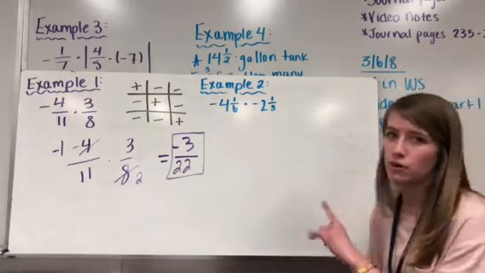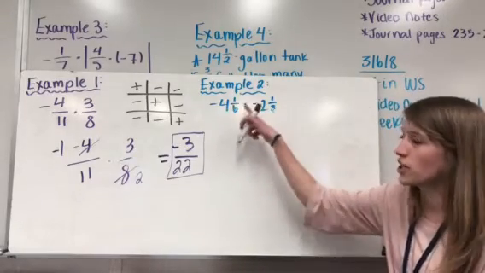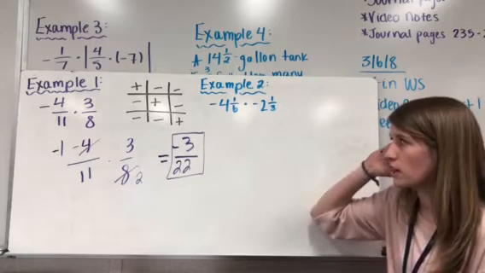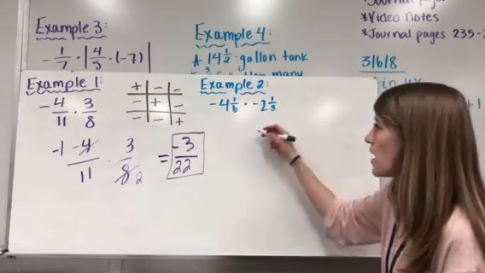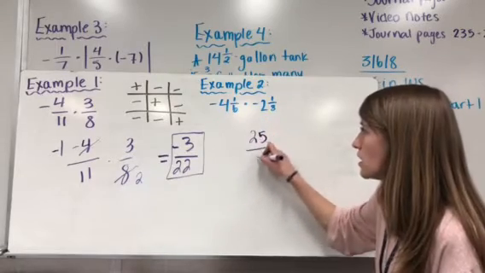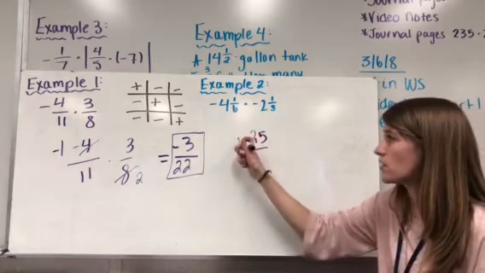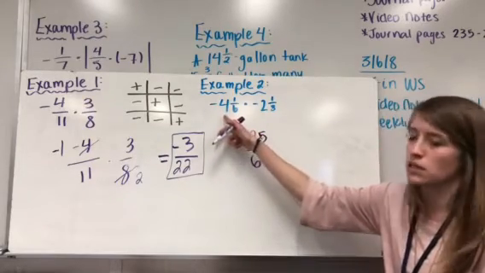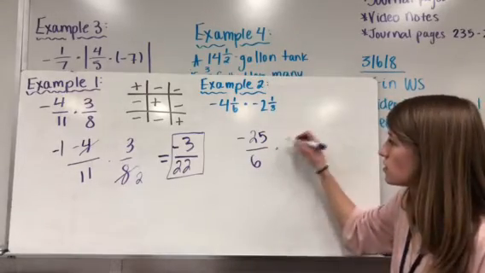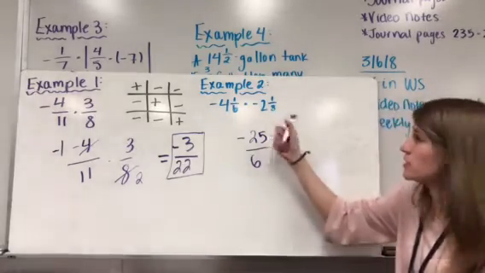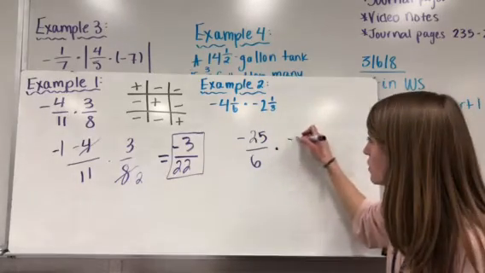Example 2 is slightly different. We have two negatives and we also have mixed numbers, not improper fractions. So let's go ahead and first change our mixed numbers to improper fractions. 4 times 6 is 24, plus 1 is 25. One thing to notice that I did there is I know at the end that this answer is going to be negative. So we can add our negative at the end rather than thinking 4 times negative 6 is negative 24. We can just remember that it will be negative in the end. Same happens here. 3 times 2 is 6, plus 1 is 7. I know that this is negative